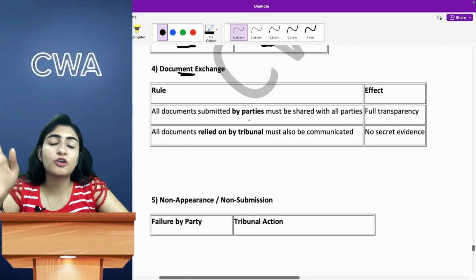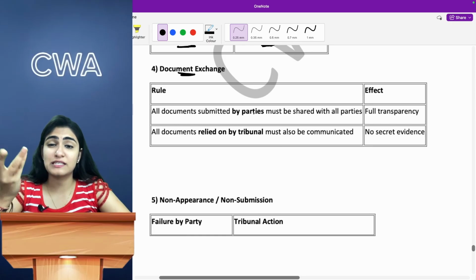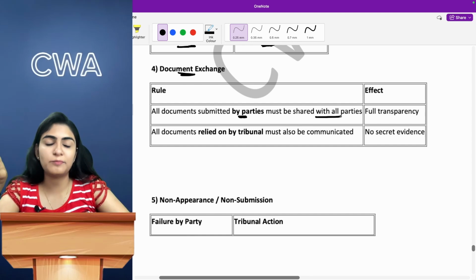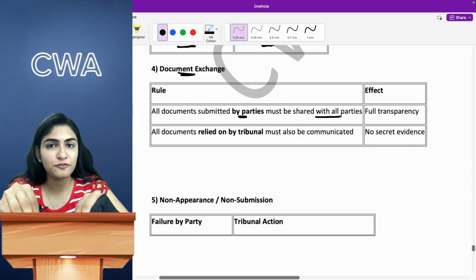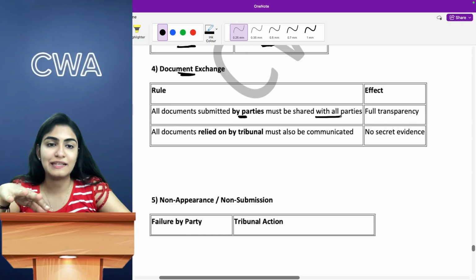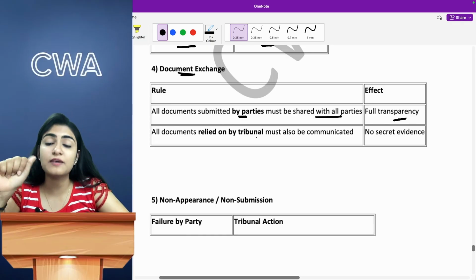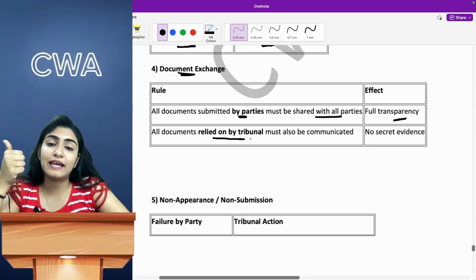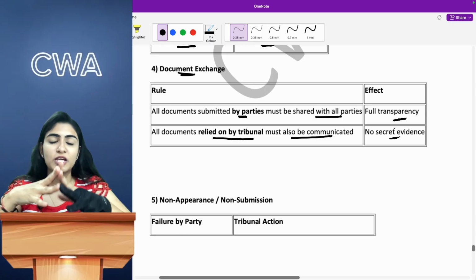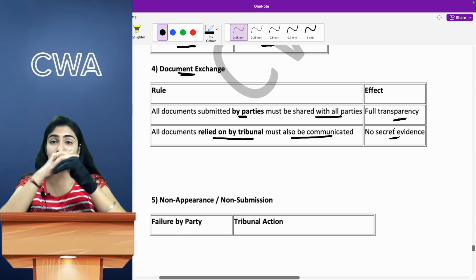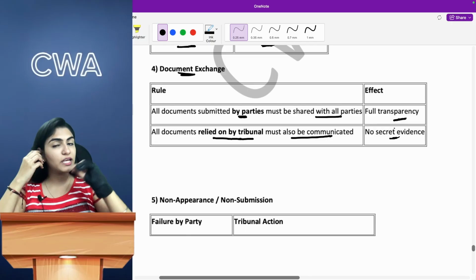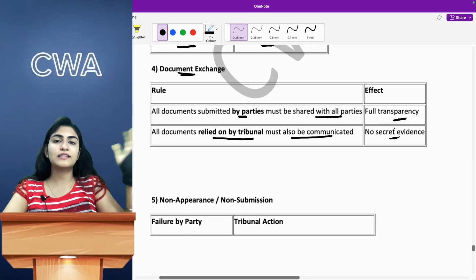Document exchange. All the documents that you're showing as proof must be submitted by the parties and must be shared with all the parties. So let's say I'm Mr. X and I'm submitting a few documents, then these documents will also be shared with Mr. Y and all the parties. There is full transparency. All documents relied on by the tribunal must also be communicated, and if the tribunal is giving any document or saying anything about it, all the parties should know. Basically, there should be full